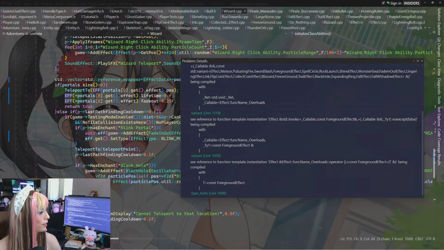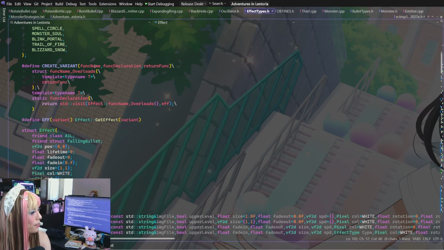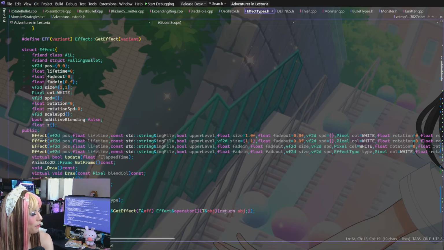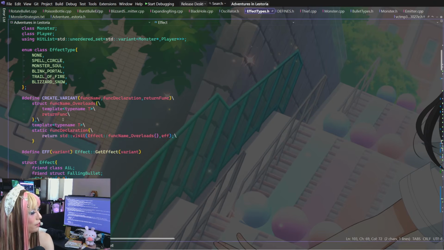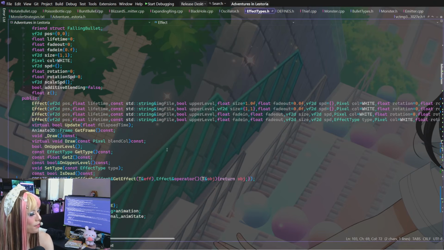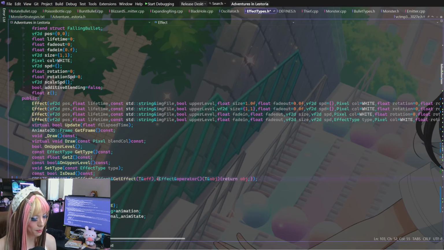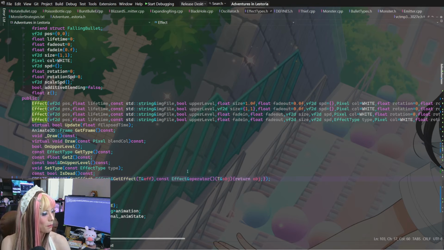Okay. Well, this abstraction is making things hard, isn't it? So, this return function is what gets filled in right here, and this is returning apparently not an effect reference. This is returning T reference, which maybe I should specify is const for the return type. Maybe that's the problem. I'm not sure what's coming in as const though.